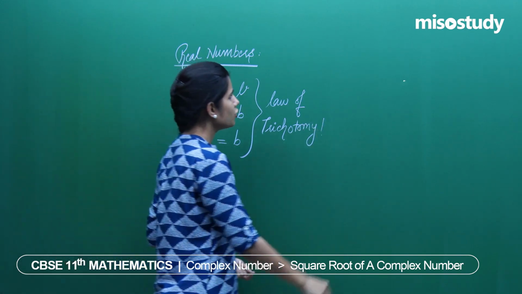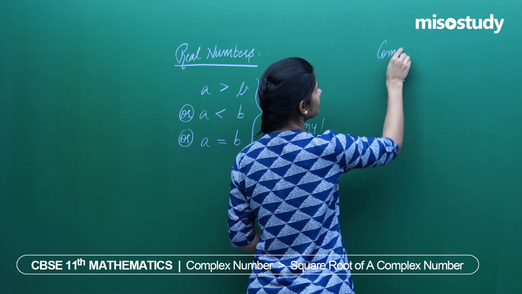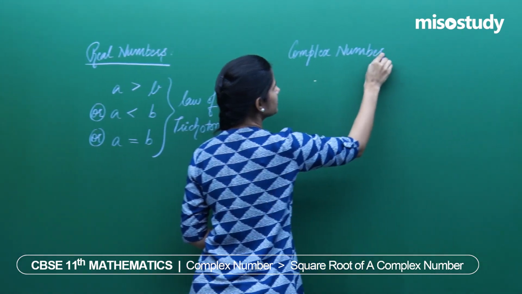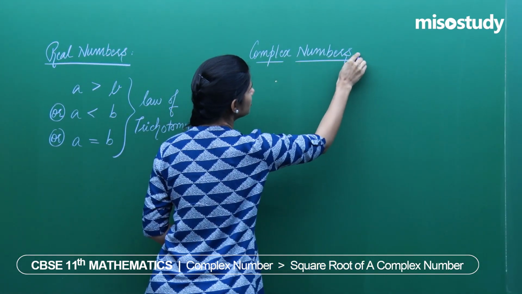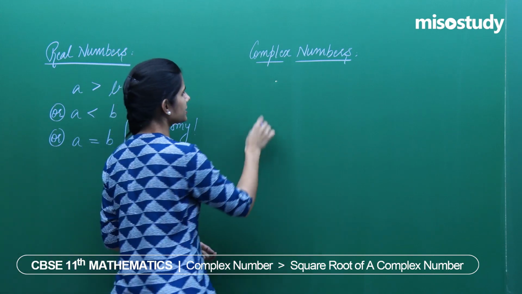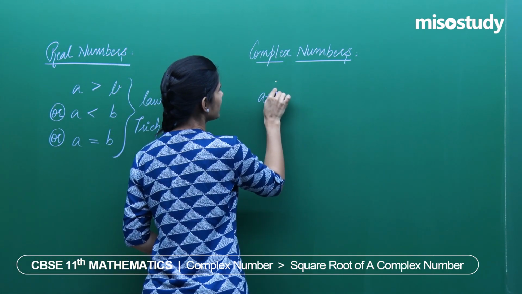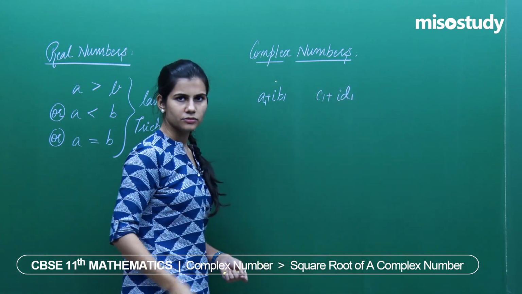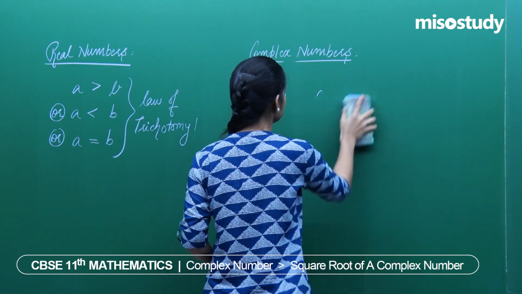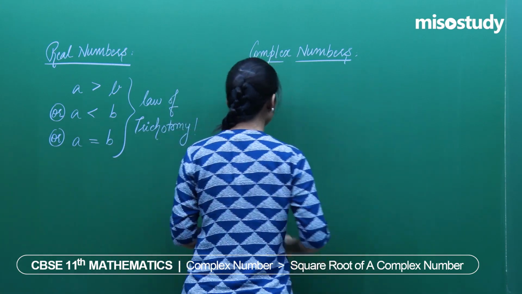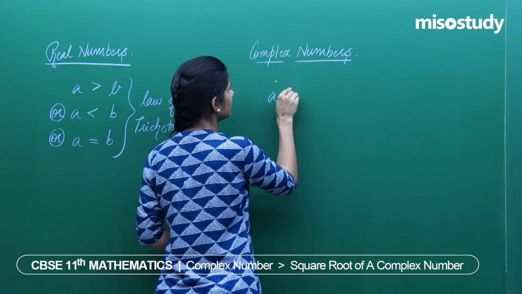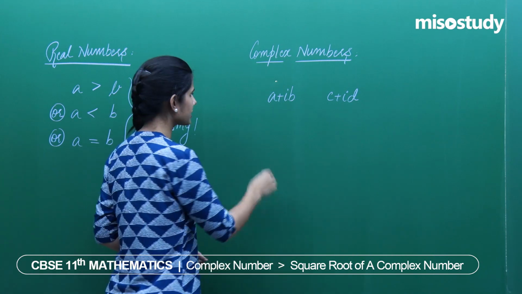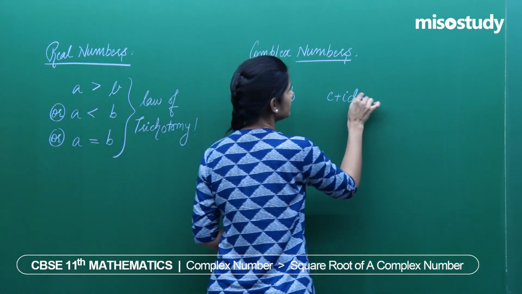But if I talk about complex numbers, in the very case of complex numbers, what happens is, if you give me any two complex numbers, say a1 plus iota b1 and c1 plus iota d1, or suppose I take a2 plus iota b2, let's just take a plus iota b and c plus iota d. This is one complex number, this is another complex number. If you give me two complex numbers, z1 and z2,